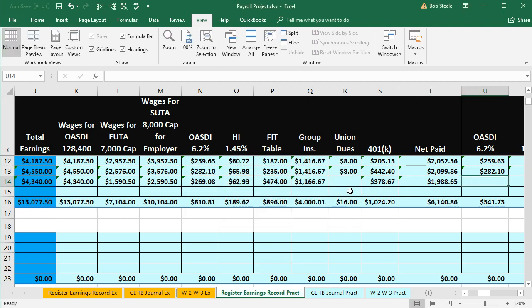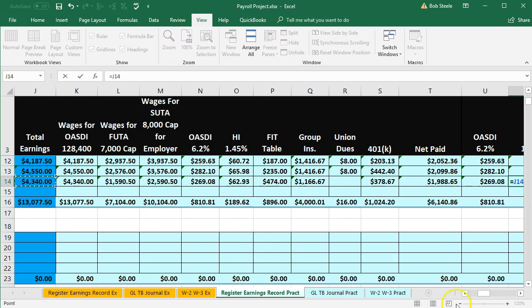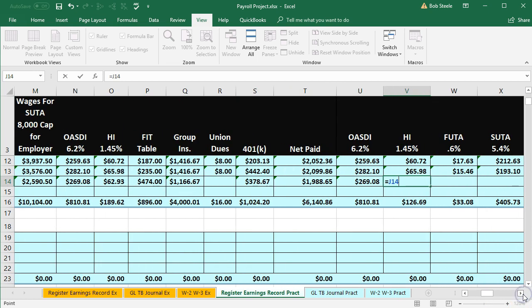That's fine. Okay, and then we want the OASDI for the employer. Recalculating, it equals the OASDI times 0.062. That's going to be the 269, which should match here. And then the HI is going to equal the HI wages, which is going to be just the total. Scrolling back over, times